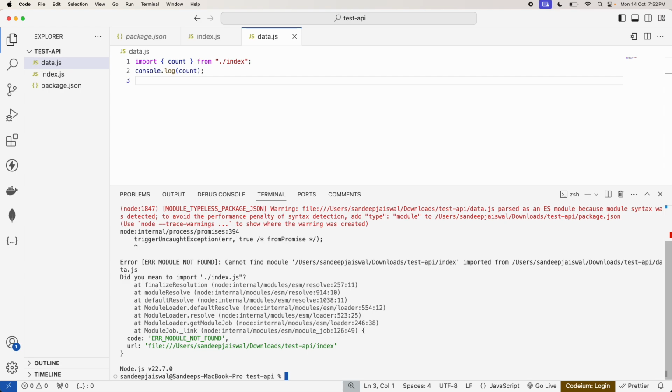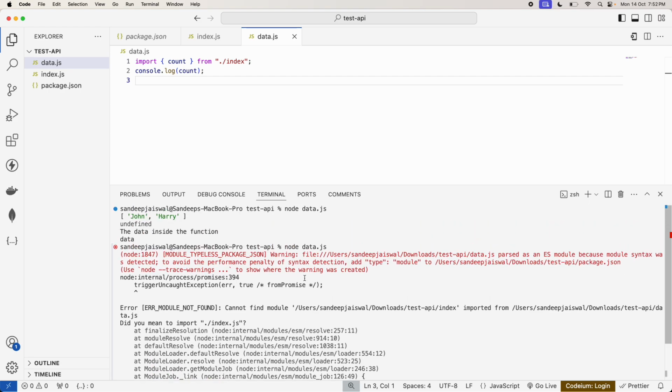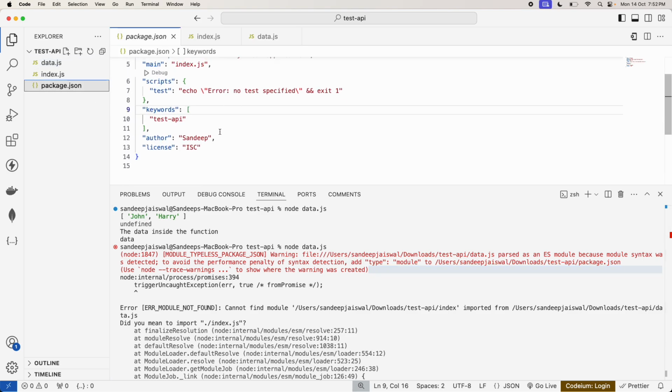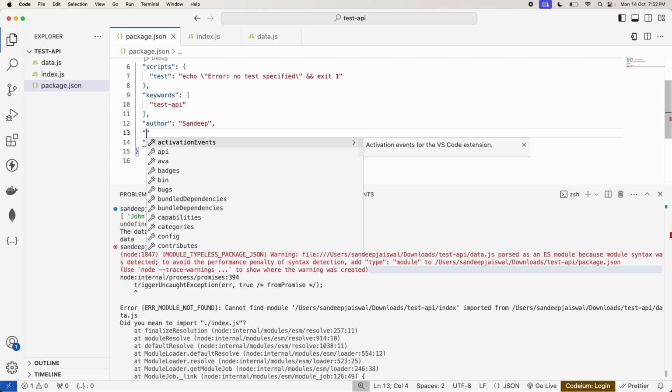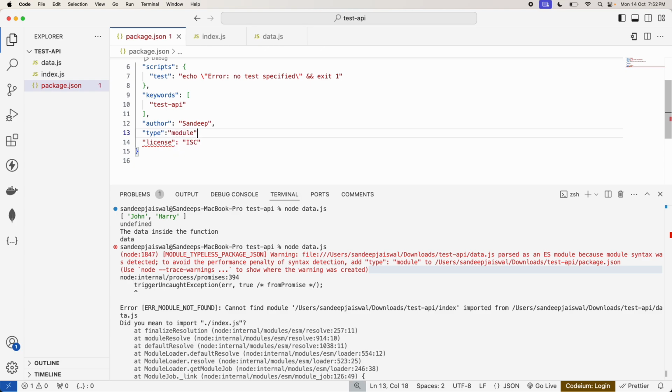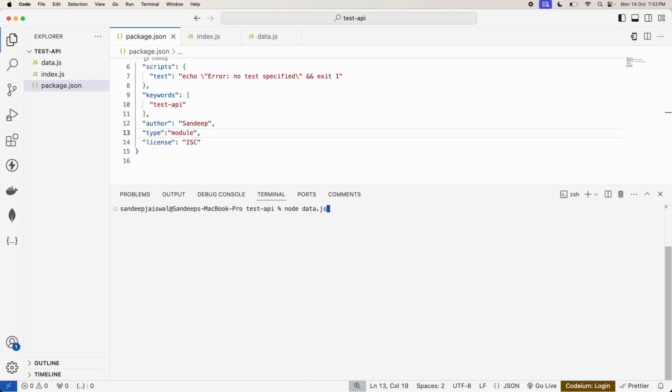So once I run this node data.js, it's telling that it cannot find the module, import or export keyword. So they are suggesting us to add type module to package.json in order to make this work. Okay. So same thing we are going to do. So we go into package.json, and anywhere you want, you can just insert that: type, module. Okay. Now, if I clear it and run this,